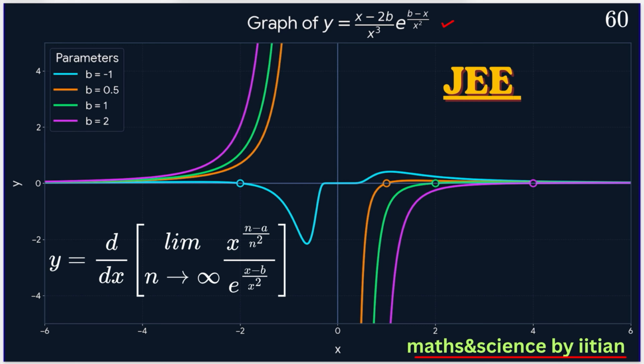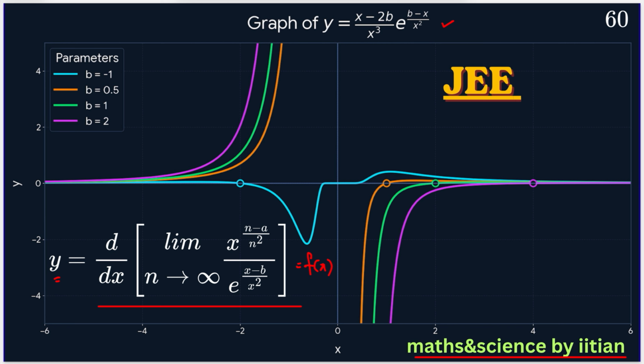In the last class, what we have found is the d by dx of limit n tends to infinity of (x to the power of n minus a by n square) divided by (e to the power of x minus b by x square). We have found this value. This value, let us say, a function of x, and we will call it as y. Whatever the answer we have got in the last lecture,